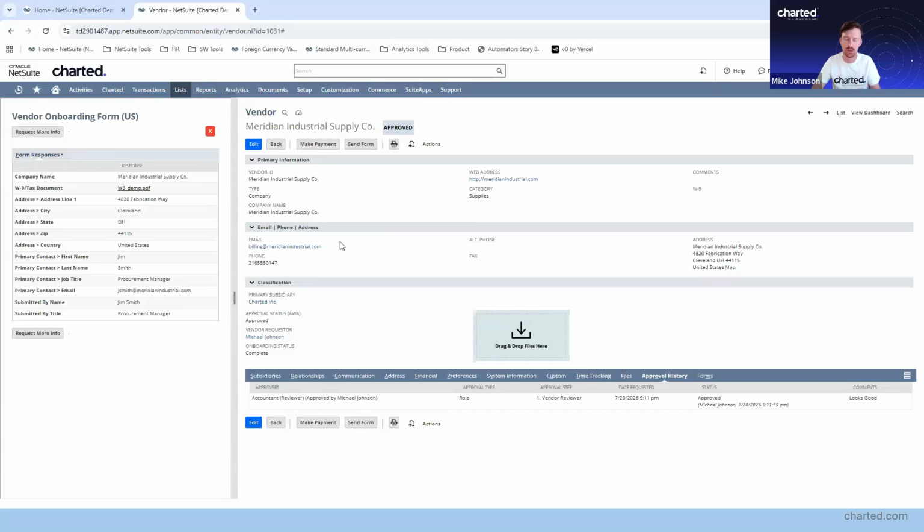Vendor onboarding, last thing I'll throw in there. Vendor onboarding can also keep this vendor as inactive. So that's another good control for three-way matching. If you keep a vendor as inactive until it's fully approved and onboarded, then you can't even create the purchase order, right? There's that additional level of systematic control. So the vendor isn't even eligible to be used on either a purchase order or a bill until it's through your full onboarding process. So after that happens and you have your vendor fully onboarded, you can then create purchase